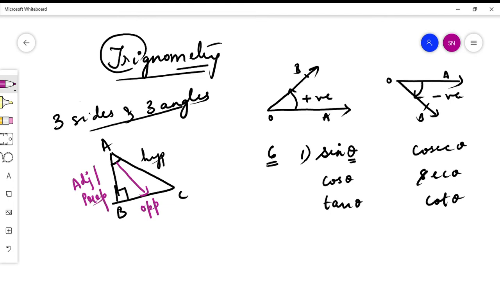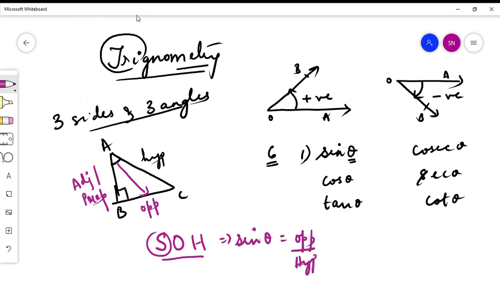Correct, no? So therefore, with this particular notation I have given with respect to reference angle A, sine theta can be found out using a small abbreviation, or a small keyword which we can remember called as SOH. This S resembles our sine theta. So therefore, sine theta is given by opposite by hypotenuse. Okay, so this is opposite side and this is hypotenuse. I guess you people understand now.